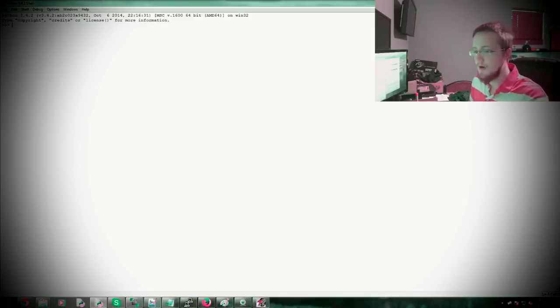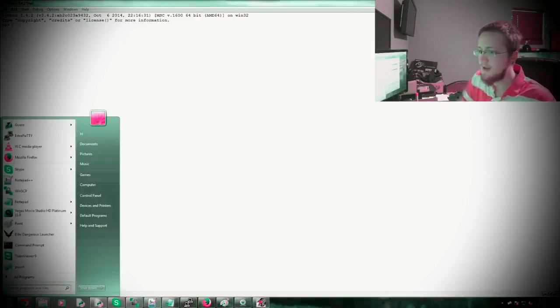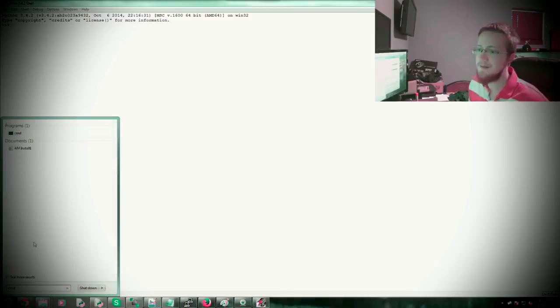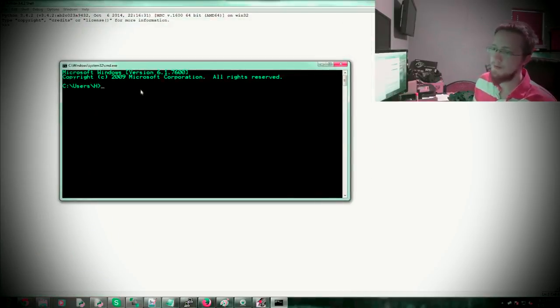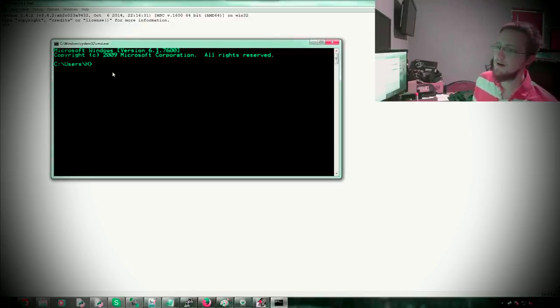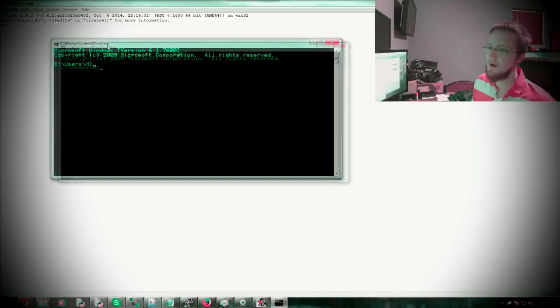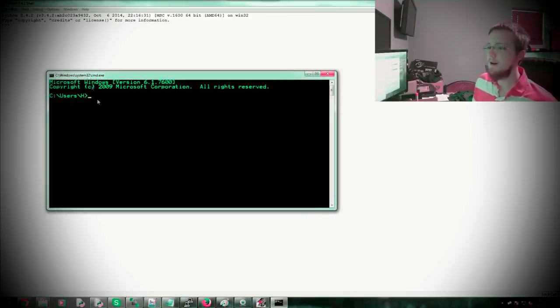So to use it, you're going to go to your start bar, and if you don't have it, I have it right here, just type in cmd, and that will bring up this program. You can click on that, and this is your command prompt. Obviously, if you're on Linux, you can open up bash, and you can open up a shell if you're on Mac OS and all that. So basically, get to your bash shell, command prompt, whatever you want to call it, and you're ready to use